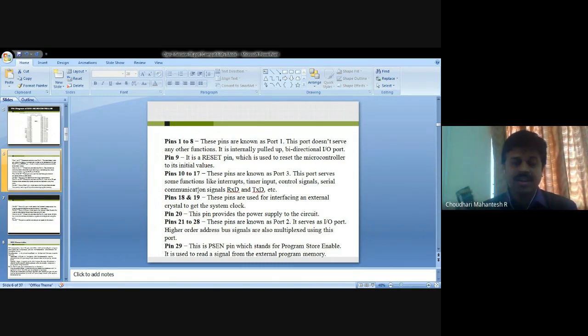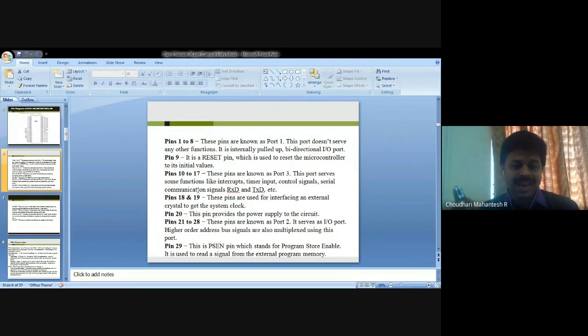I'm considering from this side, 1 2 3 4 5 6 7 like that. So 21 to 28 here belong to port 2. It serves as an IO port, and higher order address bus signals are also multiplexed using this port.